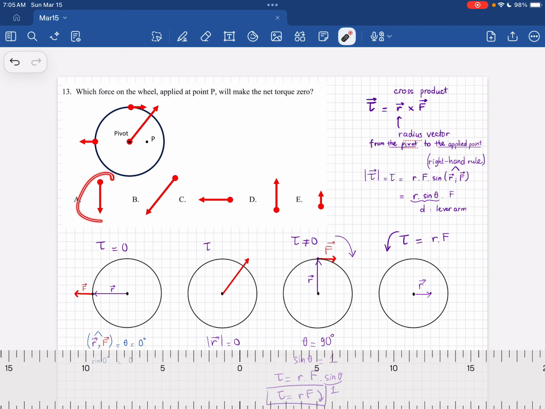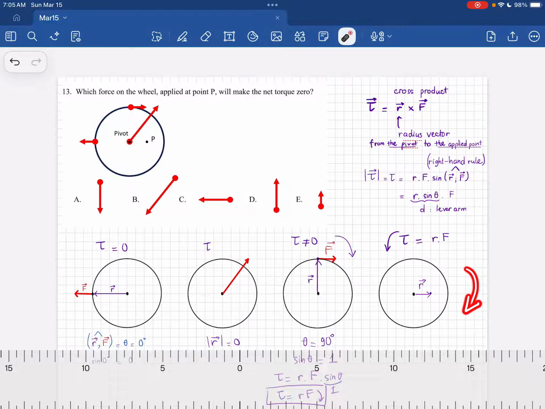So let's see, let's try. Okay, if we have it rotating in this direction, then you can see that in this direction it will help. You can see that in this direction you got vector R in this way, right? This is vector F in this way. So you can see the angle here, the smaller one, it should have also a